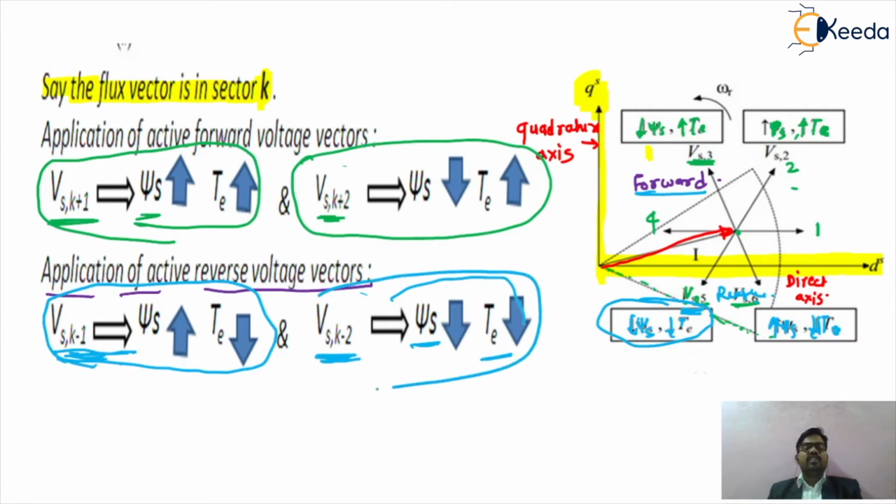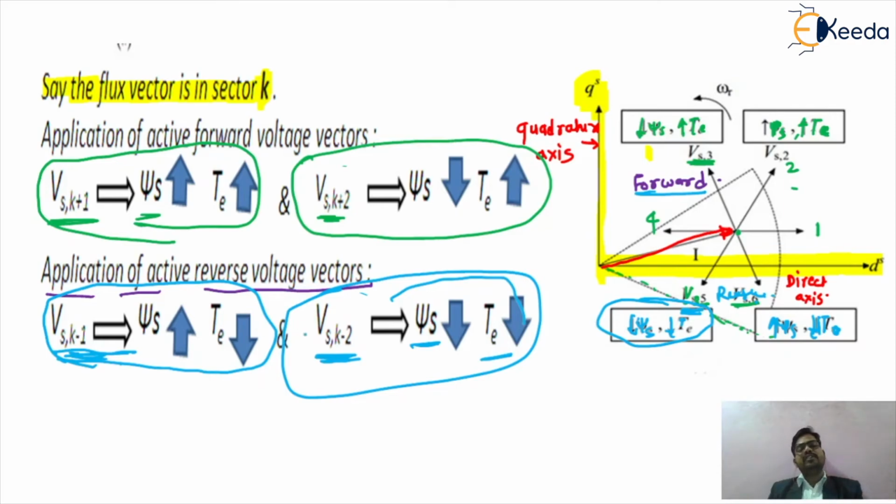This is represented by this very fundamental figure. As shown in the figure, we are getting the different voltage vectors while using the forward direction. We get psi s and Te increased, and again we increase the value with the voltage vector Vs k plus 2. Again psi s will be decreased, and the value of torque will be increased. So this is for the forward voltage vector. In the reverse voltage vector, when we are reducing the value, that is Vs k minus 1, at that time the value of psi s, the flux density with respect to the stator circuit, will be increased, but the value of torque will be decreased.